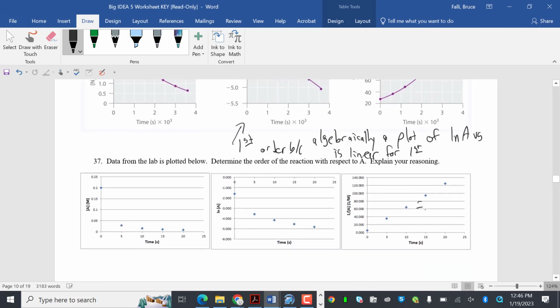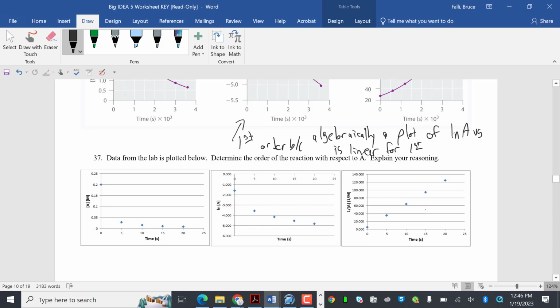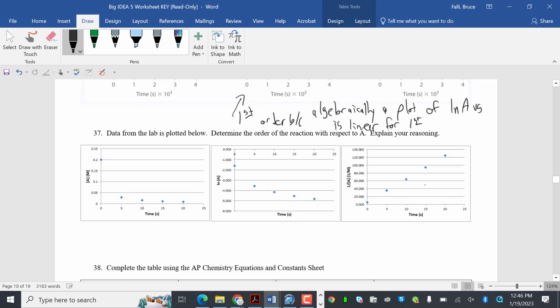Data from the lab is plotted below. Determine the order of the reaction with respect to A. Explain your reasoning. I'm going to connect the dots. Not linear. Not linear. Linear. So 1 over A versus T is second order. Second order